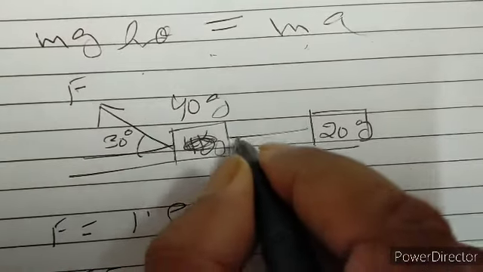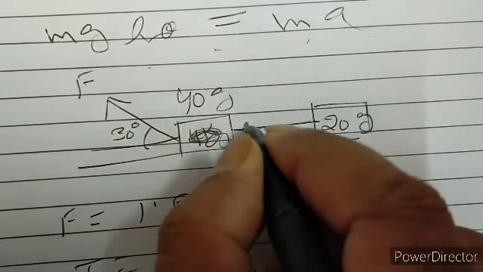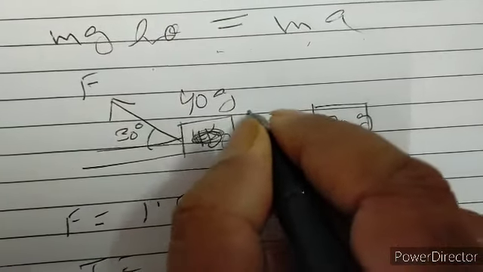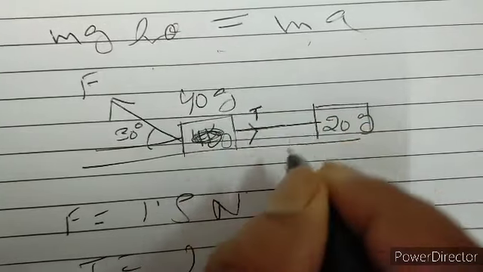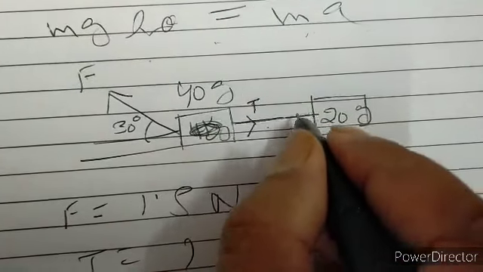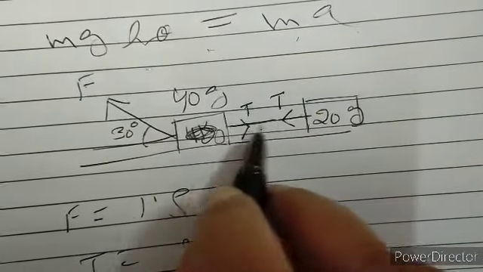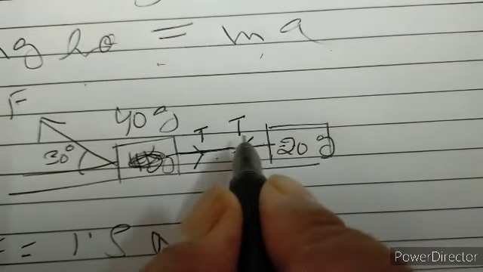Now the tension in the string is always away from the mass. So this is tension T in the string. Here the tension is T in the string, because in the same string the tension will be the same. Therefore on this mass, away from the mass T, and for this mass, away from the mass T. These are T, same because they are for the same string.